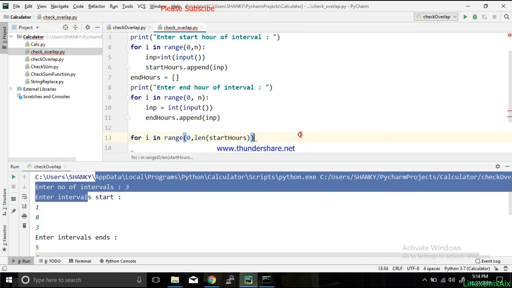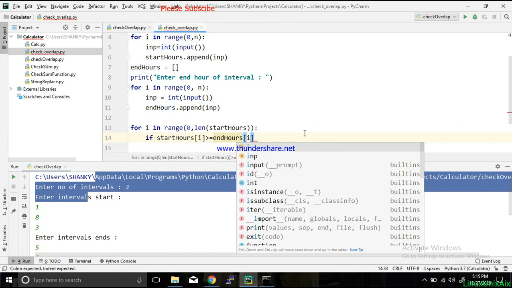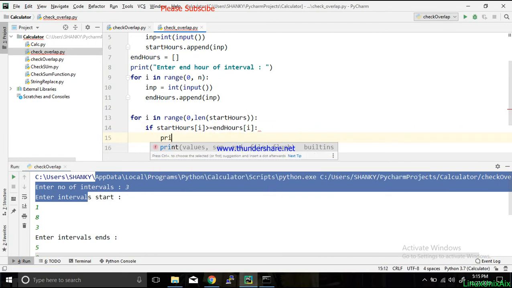That is the basic sense. So what I will do, I will check if start hours of I is greater than or equal to end hours of index I. Then what I will say is print